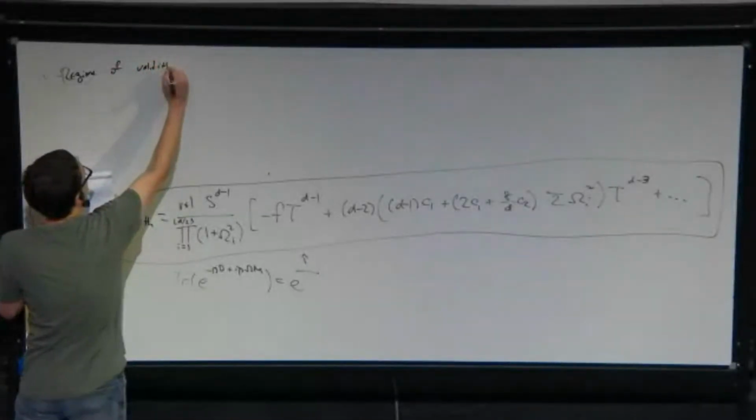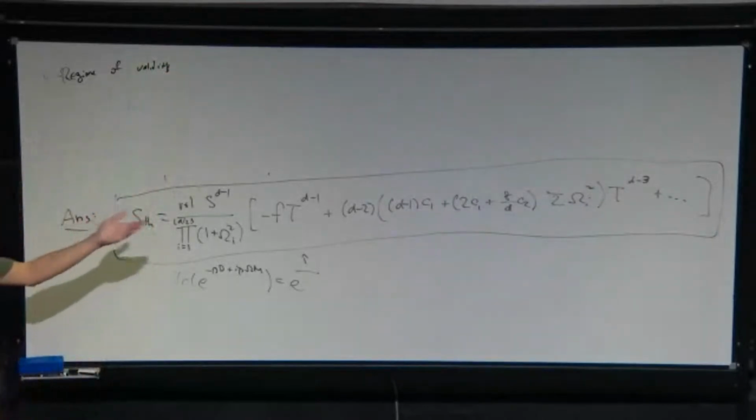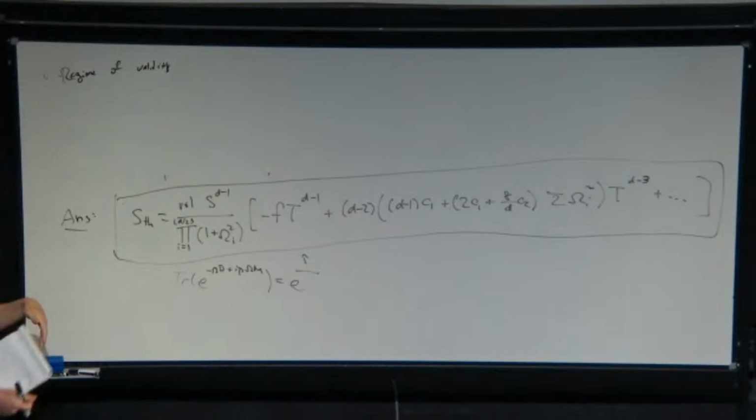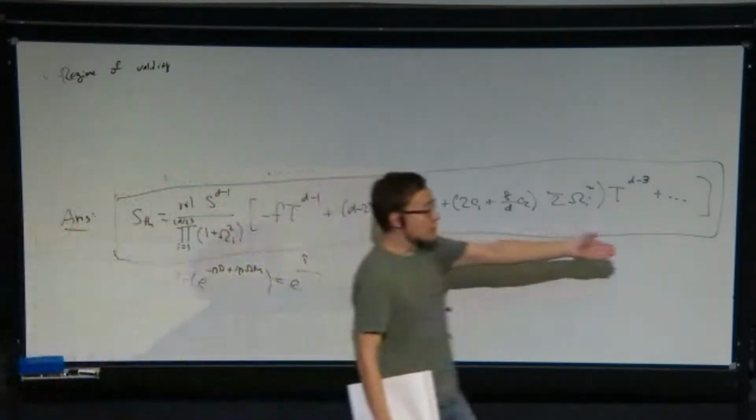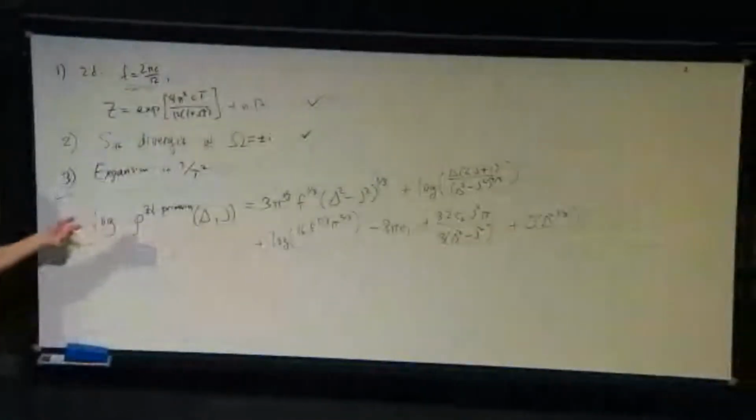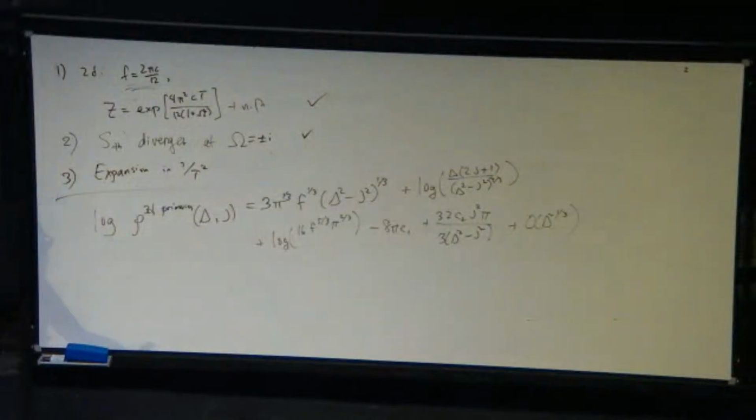To answer this question, we have to remember that the way we derived this was with a high temperature expansion in powers of 1 over the temperature. And the way we got the density of states was at some point we had to invert the partition function against either a Laplace transform or more precisely the conformal characters. And we did this via saddle. And we need to make sure that the saddle is located at a high temperature, because if the saddle is located at a low temperature, you don't trust the result at all. So when the dust settles, here's what you get for the regime of validity.